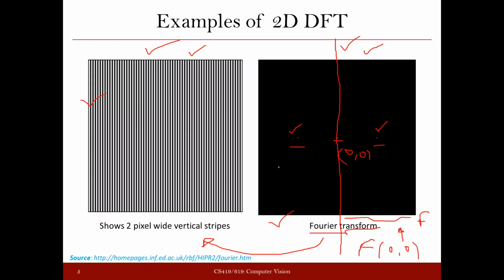Now it is very easy to visualize from this image why we are getting only one frequency, and first, why we are getting the frequency only in the horizontal direction. I mean, why only along this line? Because if you see your image, your pattern is only in this direction. There is no pattern if you go from here to here, right? If you go vertically up, there is no pattern, right? If there is no pattern, then there is no frequency, because there is no change. But the major change that you see is in this direction, and this pattern that you see here is coming from these black and white strips.